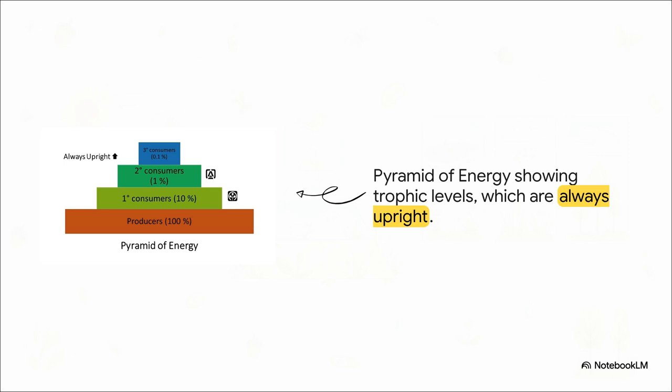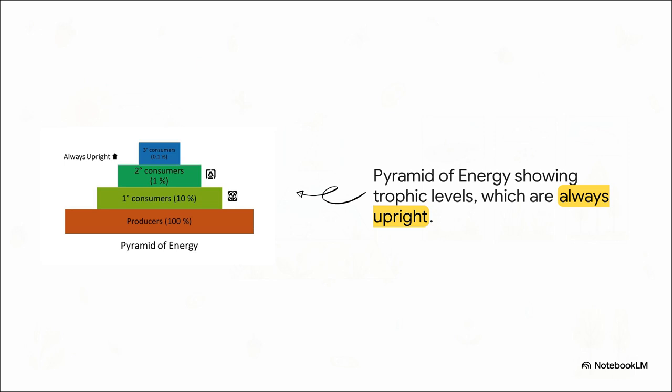So, the absolutely crucial point here is that this next type, the pyramid of energy, is the undisputed king of ecological models. Why? Because it is always upright. There are literally no inverted pyramids of energy anywhere in the world. And that's because the laws of thermodynamics strictly dictate that energy is always lost as heat at every single step